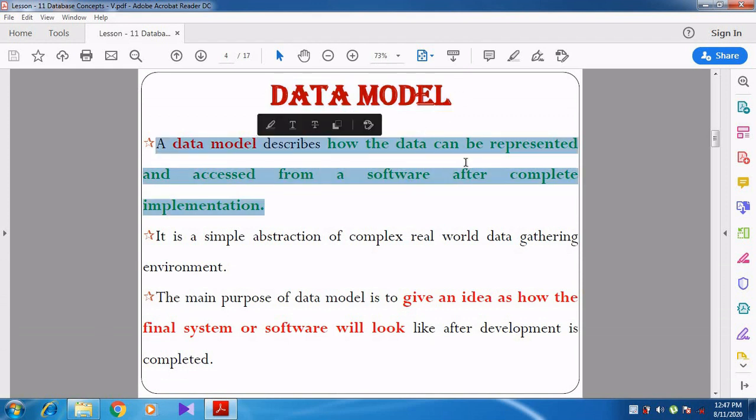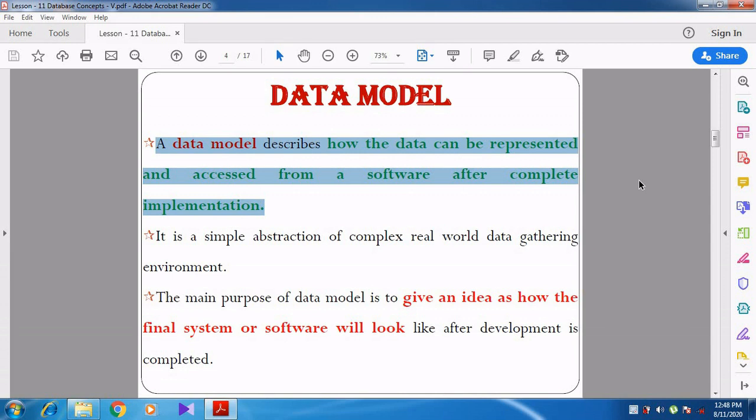A data model describes how the data can be represented and accessed from a software after complete implementation. It describes how the data will be represented, and how it will be accessed from the software after the implementation.